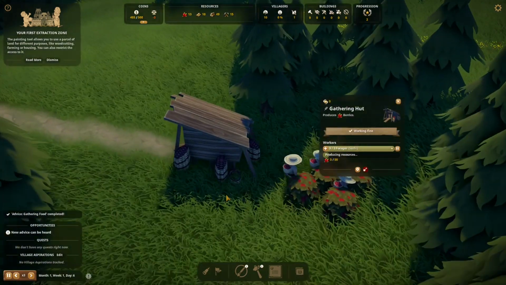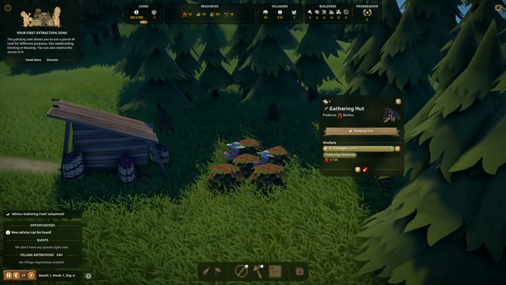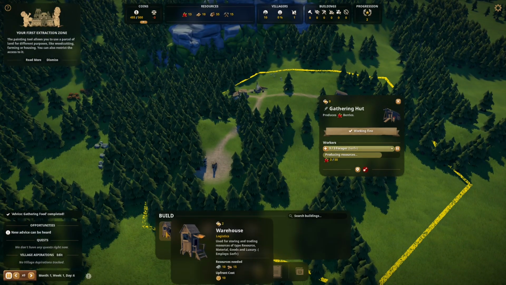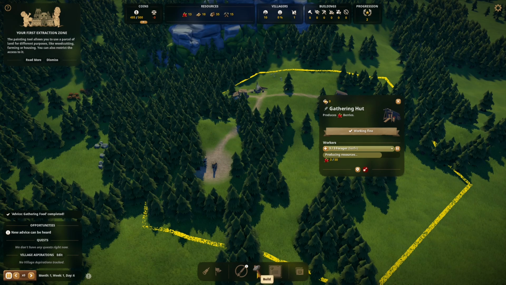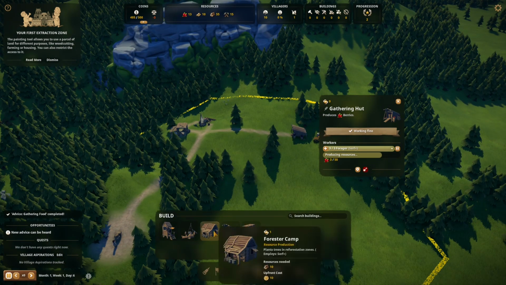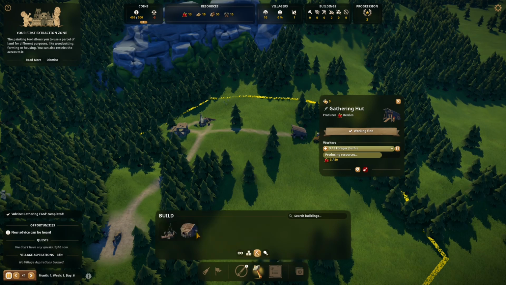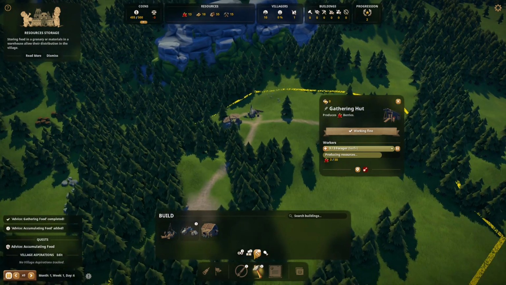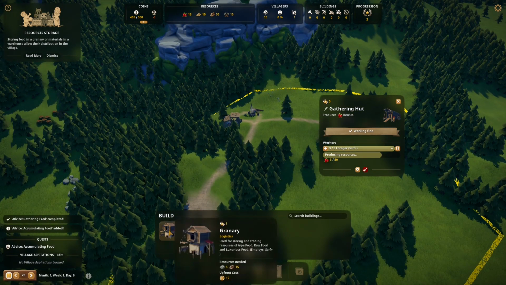You can see that we have a few berry gatherers already collecting some food for us, and we need to start putting down, first of all, a stone collector. Let's see, where is it? We don't have a stone collector yet. What does it tell us to do? Build a granary first. Okay, so